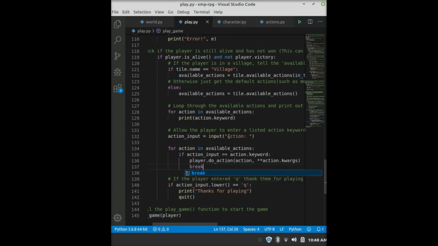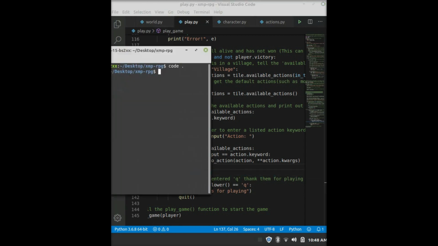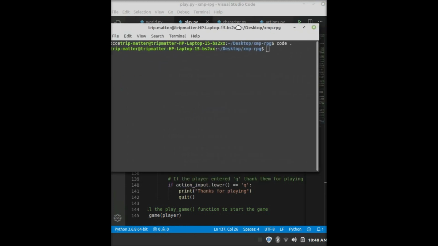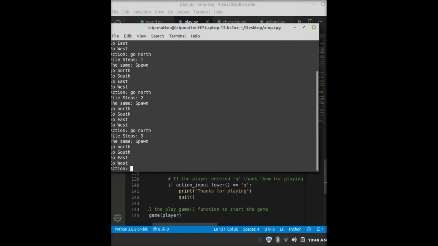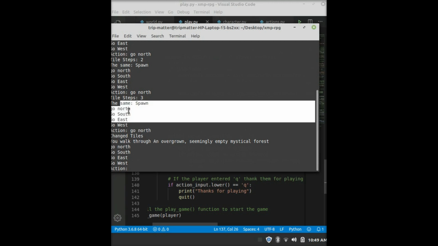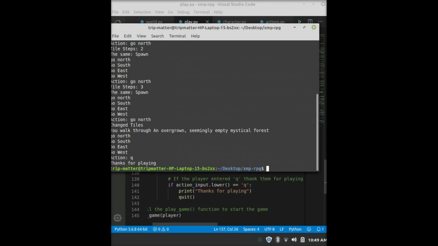Okay, so now you're able to move. So let's go ahead and test it out and see how it goes. Hang on. Let's see. So python3 play.py. Okay, so we say go north. Look at that. We got the tile step going, so go north again. Look at that. Alright, so we are indeed moving, so let's see if we change tiles. Okay, and finally, there you go. So we change tiles, and the action is caught and executed. So now we'll click Q,